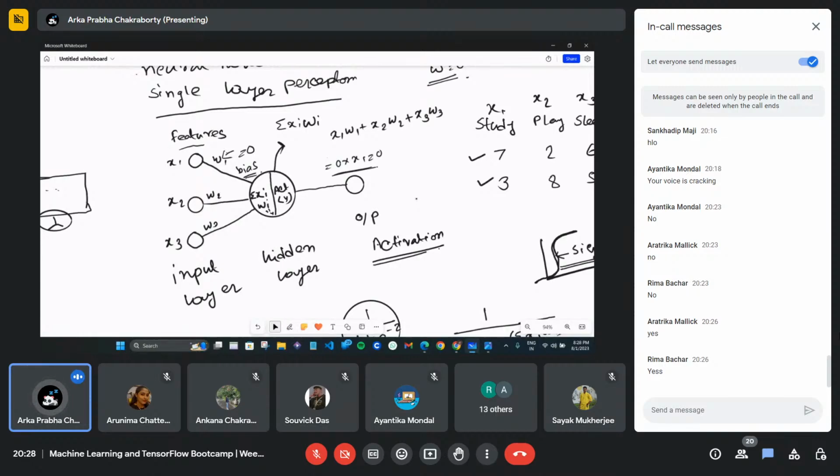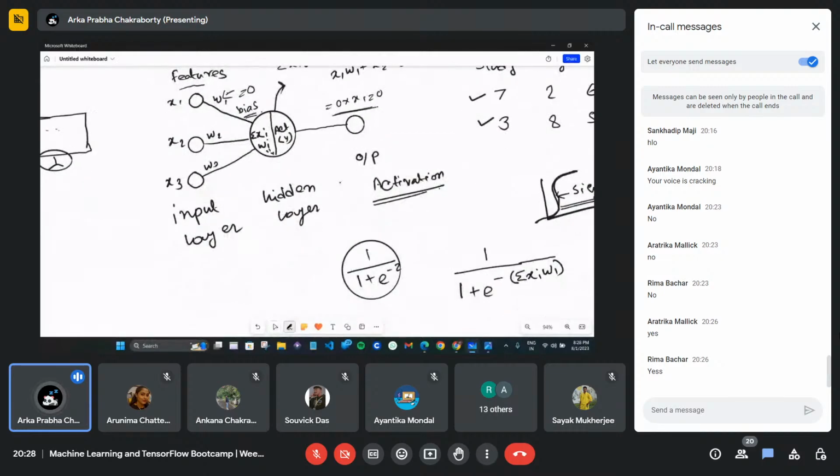So what is bias? Bias is nothing but a value we have to add to the summation value or the weight value. Based on our weight, we have to assign some sort of bias. So just think why we have to use the bias. We use bias because the weight is currently 0.